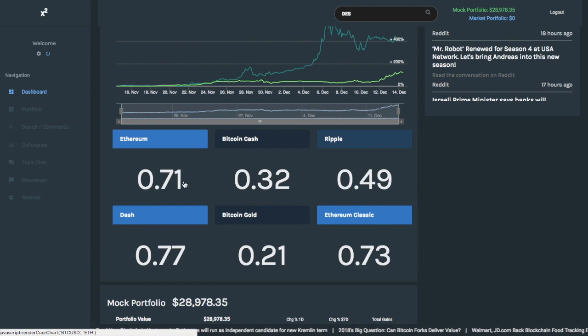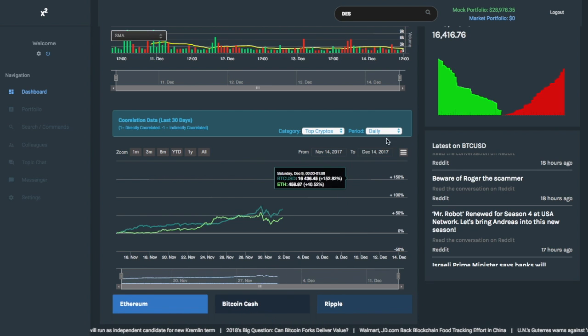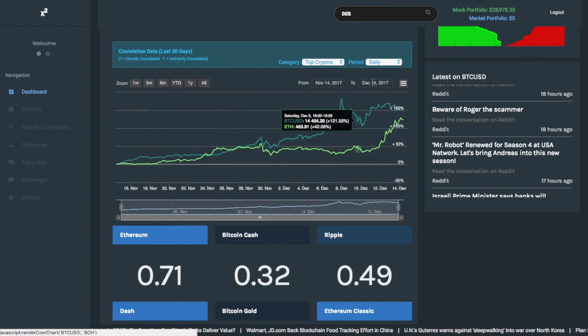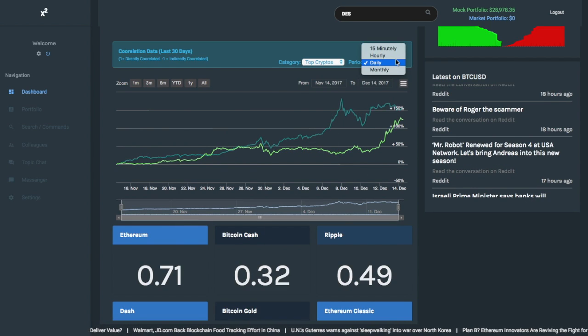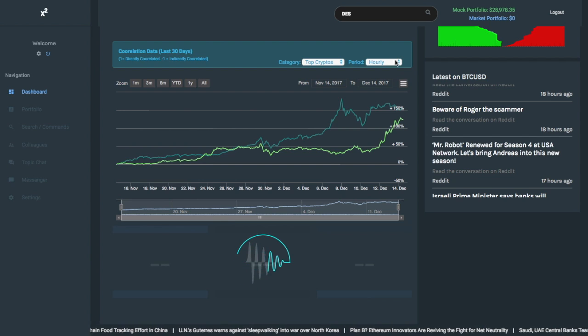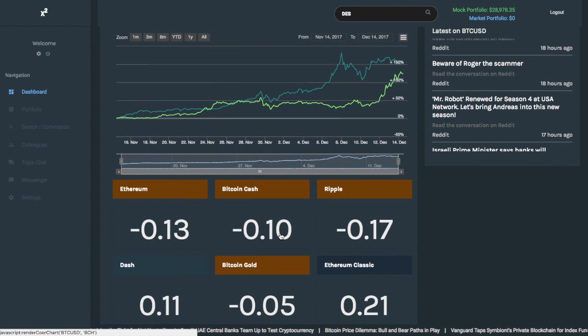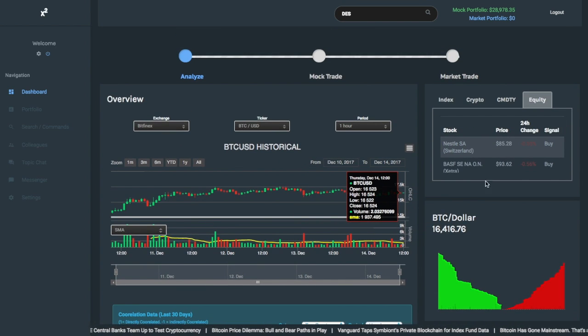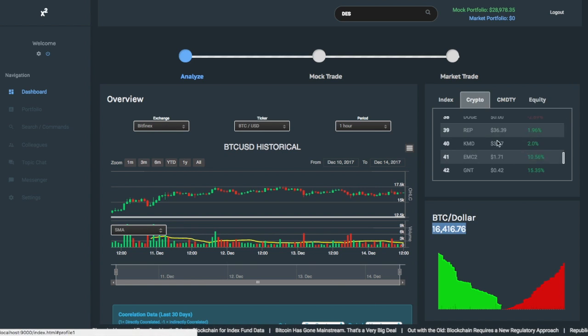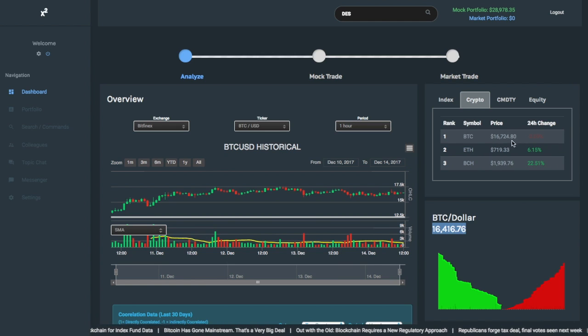So as we can see here, on the daily, Ethereum and Bitcoin have been closely correlated. But if I look at the hourly, for example, I'll notice that Bitcoin and Ethereum have not been very correlated. And Bitcoin has actually been dropping a little bit. It's down to $16,000. The general price is here, where it's 16,700 because of all the great people trading in Korea where we're based.